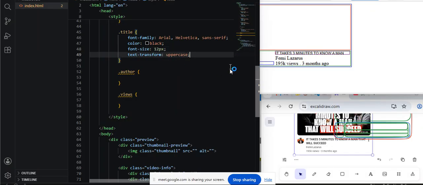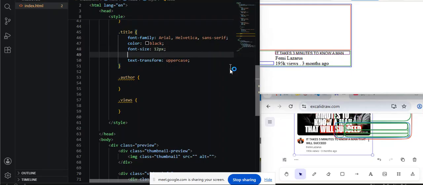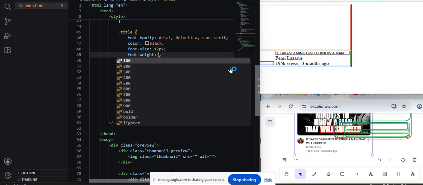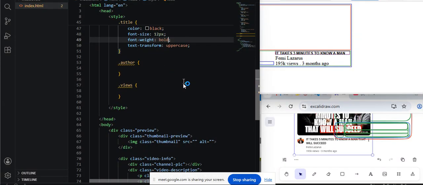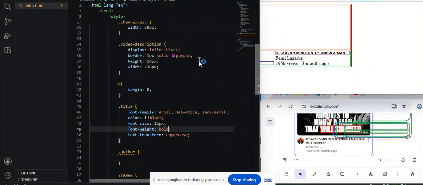And another thing you can do is font weight. Font weight, we can set it to bold. You see my text is bold. Maybe I should, let me remove this so that you can see it clearly. All right,